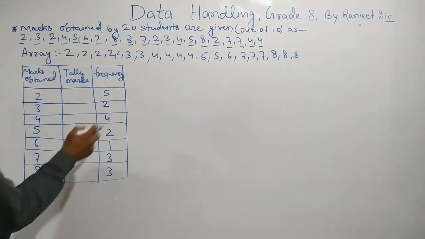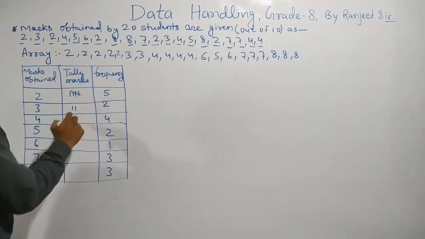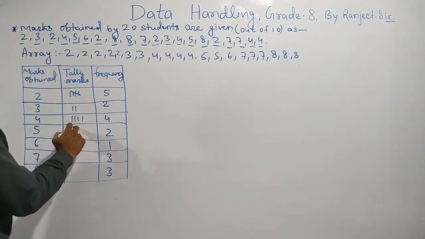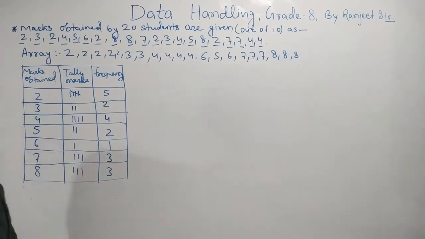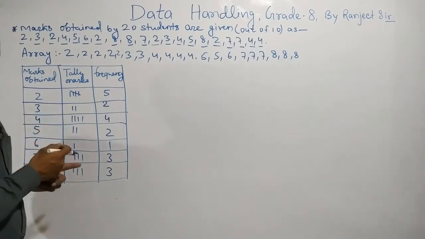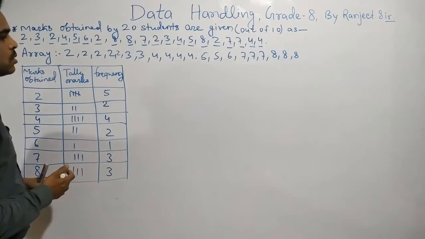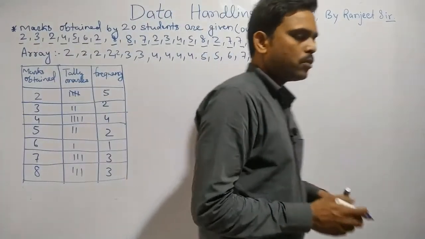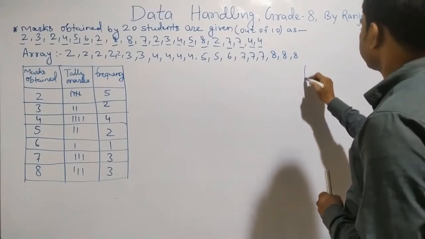So we'll do it this way. 5 means 1 2 3 4 5, 1 2 1 2 3 4, 1 2 1 1 2 3 1 2 3, like this. So this is a frequency distribution table without making a group. Now, we'll see how to make a frequency distribution table